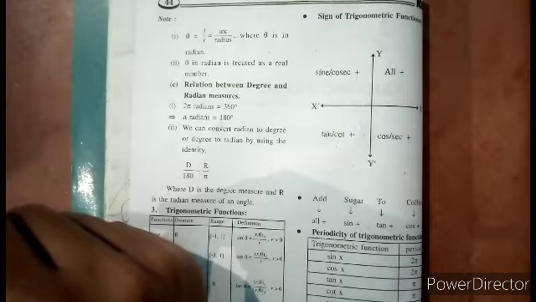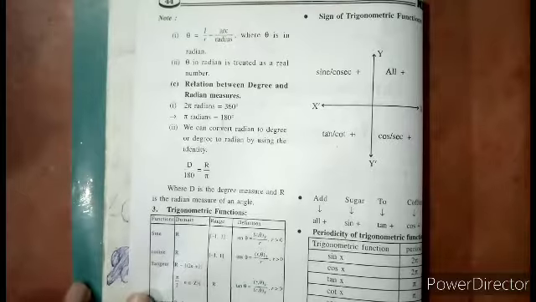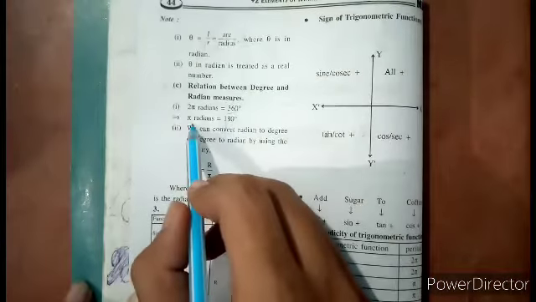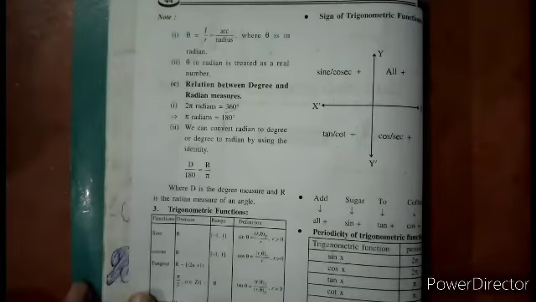So 1 degree is equal to pi upon 180 radian. Okay, because we know that theta is in radian, which is made by an arc at the center. So 2 pi radians is the total arc at the center for one revolution. So for one revolution, that is 360 degrees, that is 2 pi radians. 2 pi radians is equal to 360 degrees, that is, pi radian is equal to 180 degrees. So 1 degree is equal to pi upon 180 radian.